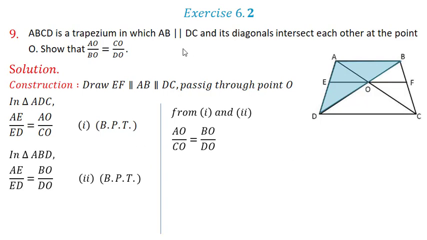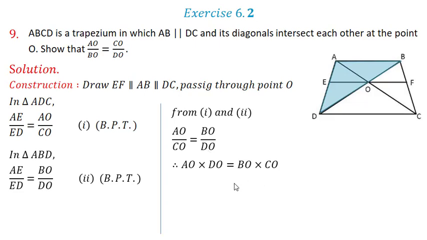Now observe what we have to prove. We have to prove that AO upon BO equals CO upon DO. So I want this BO here. There is a property called alternando, but as we have not done properties like componendo, alternando, invertendo, we have used it in one problem. So what we can do is multiply this AO with DO. So I will say that AO into DO equals BO into CO.